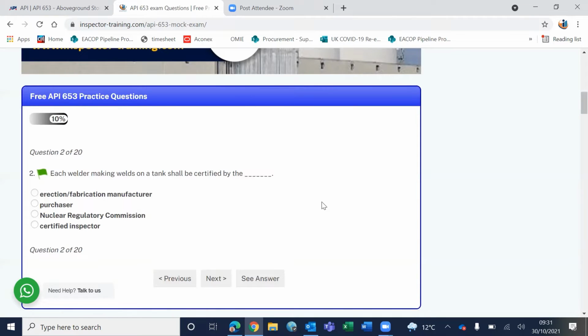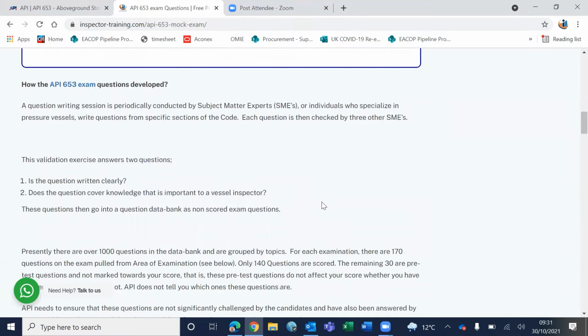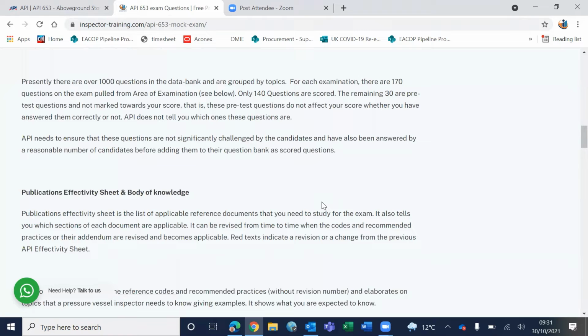And based on that, if that question is not challenged, if the question's level of difficulty is the same as other questions, they will assess that. So once it passes the second step, then it will go into the permanent set of questions. And hence the reason for the pre-test question, they call it. So